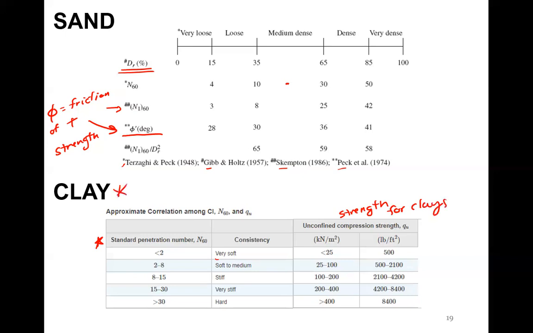But with clays, SPTs are not as accurate. So for sand and gravel and granule material, SPTs are a good test. But if you have primarily clay, then the SPT is not going to be the best bet, because thinking about